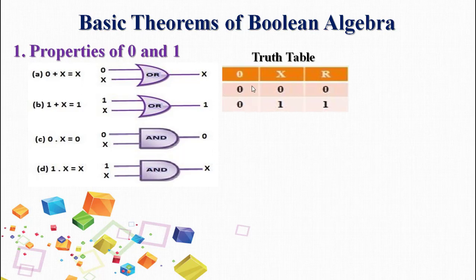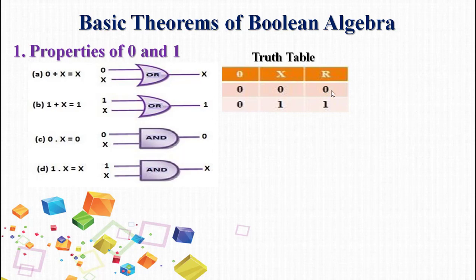So let us see it. 0 is a constant over here, so it remains 0 for all the possible combinations of x. X being a binary variable, in the expression there is only one variable. So R is the result. So x can take up 0 and 1 as its value. So now let us add the input combination. We will get the result R.